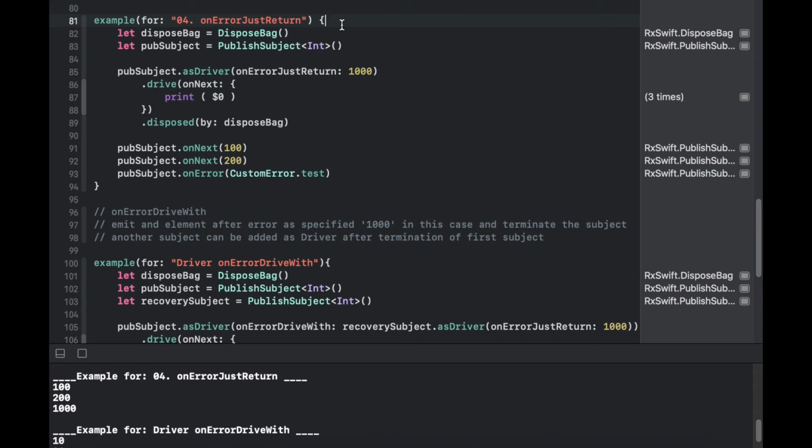At line number 91 we are emitting an element 100, at line 92 we are emitting element 200, and at line 93 we are emitting an error element.